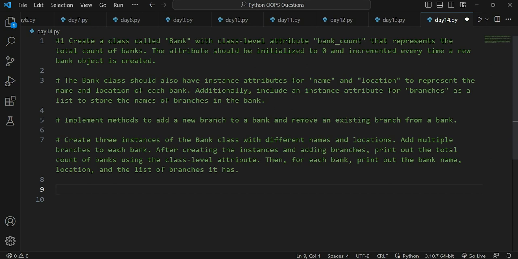First of all, I would ask you guys to please do it on your own, and then if you are unable to solve this question, I will try to help you out. So let's see what the question is all about. And if you have solved this question, please comment what your code is, and I will see it and give you a like if you have done it correctly.